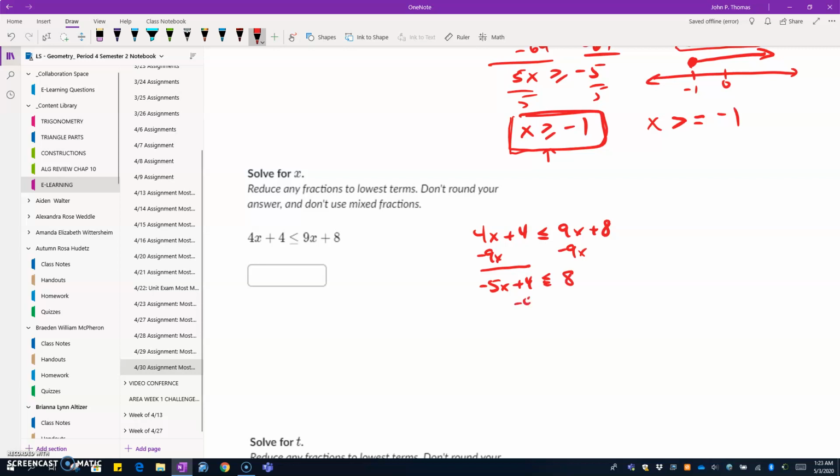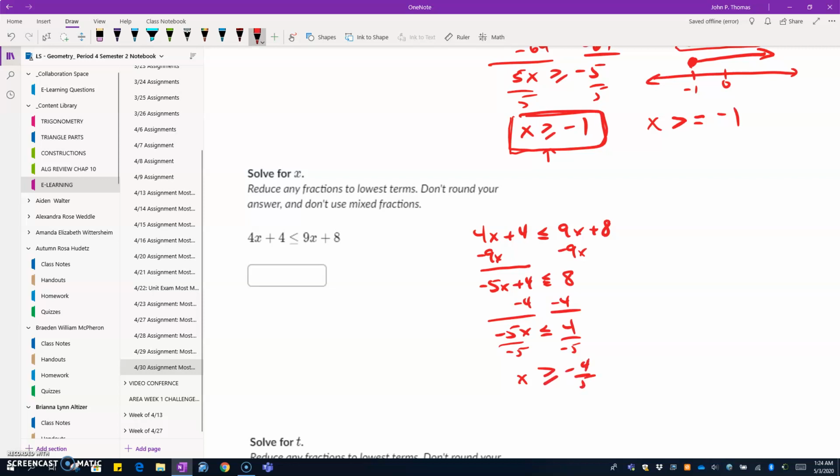Then I'm going to subtract the 4 from both sides. So I have negative 5x is less than or equal to positive 4. At this point I would divide both sides by the negative 5. Now what we have to remember is in an inequality, if we divide both sides by a negative, we have to flip the inequality sign. So that less than or equal to would become a greater than or equal to,